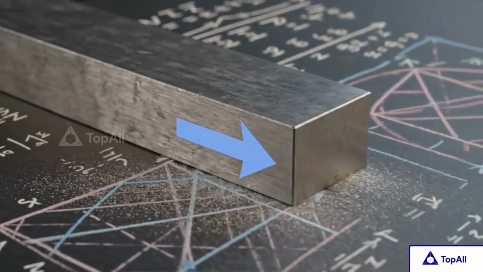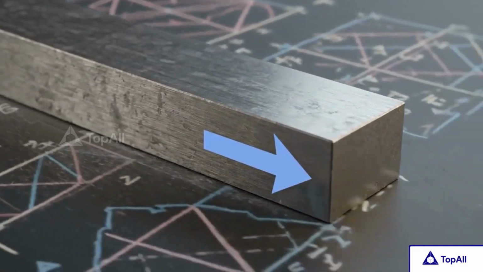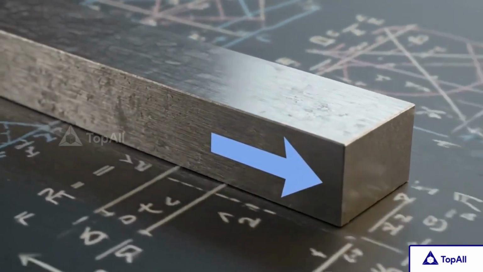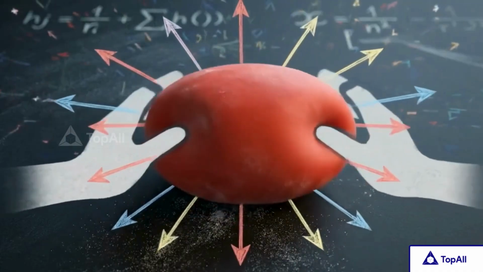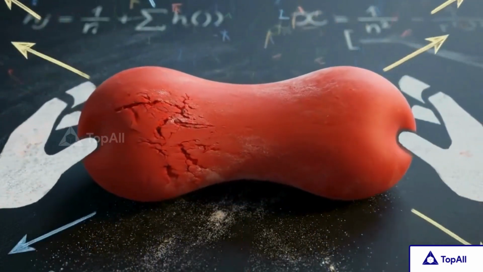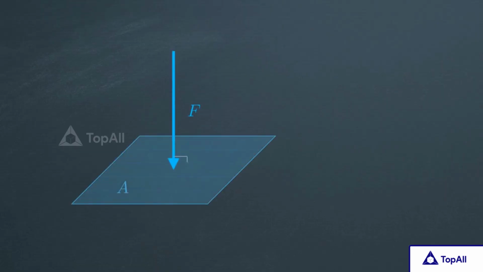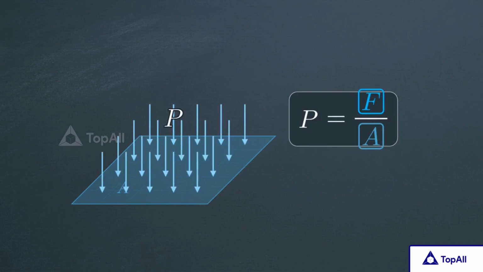When you push a solid metal block, it moves in the specific direction of your force. But when you squeeze a balloon filled with water, that liquid doesn't just move forward, it pushes against every square inch of the rubber in all directions simultaneously. This behavior is governed by the definition of pressure, the magnitude of the normal force acting per unit of surface